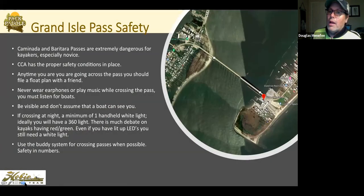I'm going to talk a lot about safety, because I'm going to tell you Caminada Pass and Barraterra Pass. I'm going to reference Barraterra Pass here. That's the other pass on the far end of the island. These are extremely dangerous passes. And the only reason why I'm probably doing this presentation is because CCA is doing the safety measures that they're doing